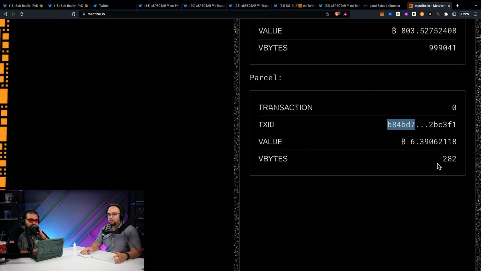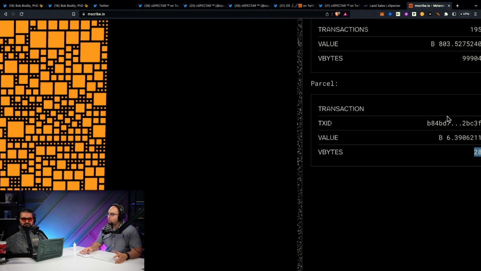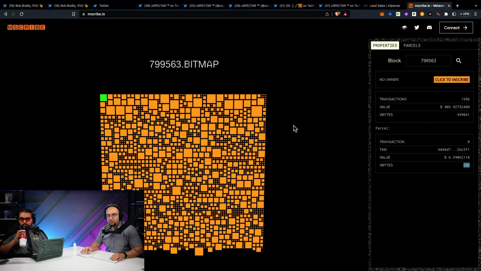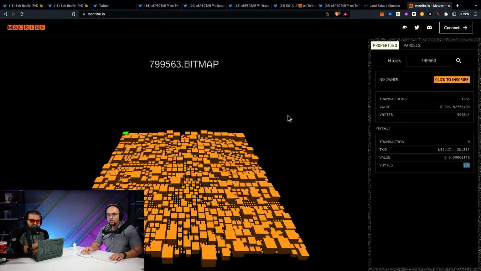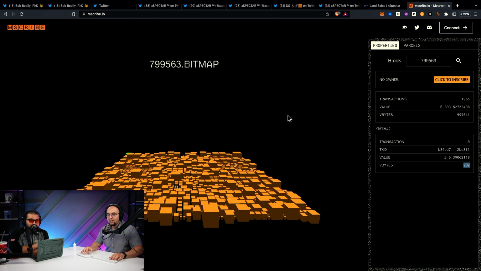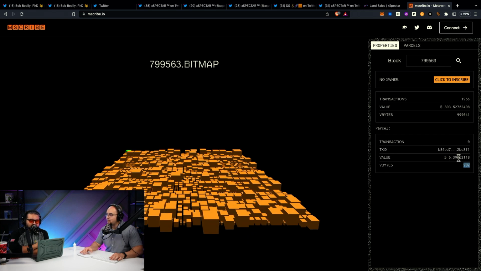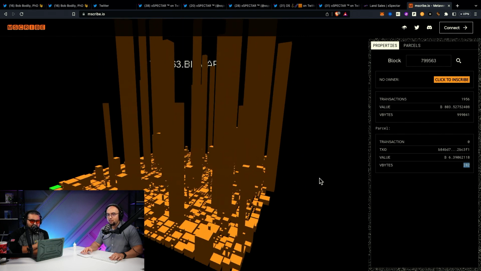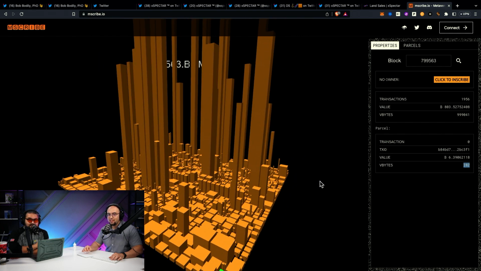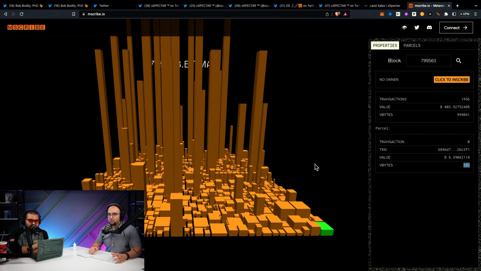And then as a creator, a developer, a world builder, you can leverage any of this stuff, right? This could represent the size of the particular parcel, and this could represent the height of the particular parcel. As a matter of fact, on our Mscribe website, we sort of did that. If you press number 2, you are looking at all the different parcels' relative height based on the size of the value. Correct. And then number 3 is just a representation of virtual bytes. And so now you're seeing the differences in sizes of virtual bytes based on this visualizer.